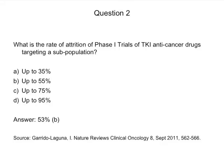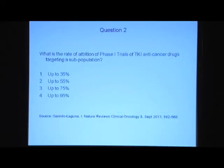Question 2, now if you look at TKI type drugs, which are targeted to specific pathways, and if you can actually identify a subpopulation, what do you think the failure rate or the rate of attrition before a drug gets to registration in this type of R&D framework? There we go. Ooh. And to registration. So there is hope and there is proof of concept here that personalized medicine could work. Now here's the marketer's challenge as well. So maybe you can segment your patient population